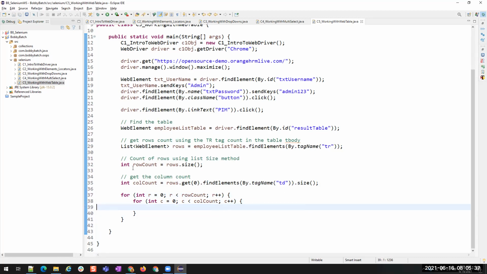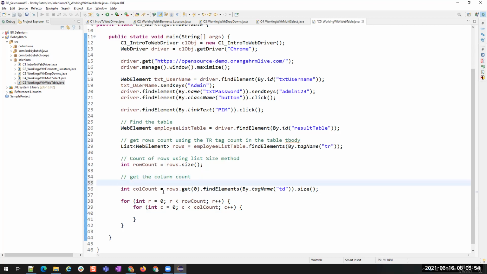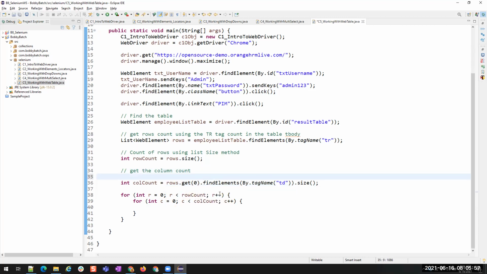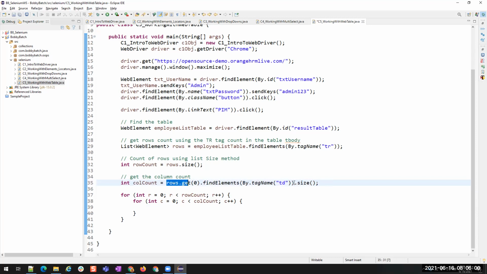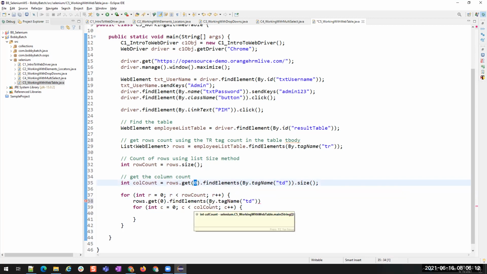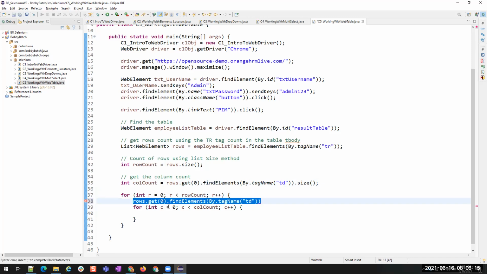Now, I did not store these columns. So what I'm going to do is, it would be better if we separate it into 2 lines. Now I will add this here inside a row. For each row, if I want to get the column count, I don't need to get it for each row because it's the same for all. If it were separate, then I'd add it here. But if it is the same, then I don't have to add it here. I got the row count, I got the column count.